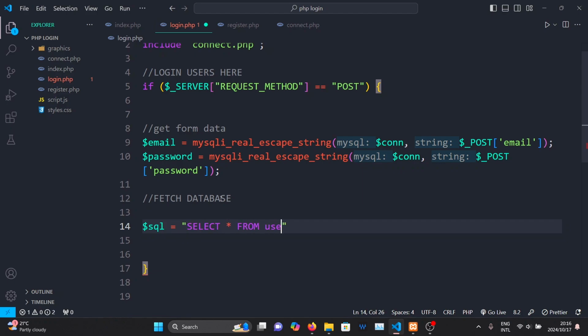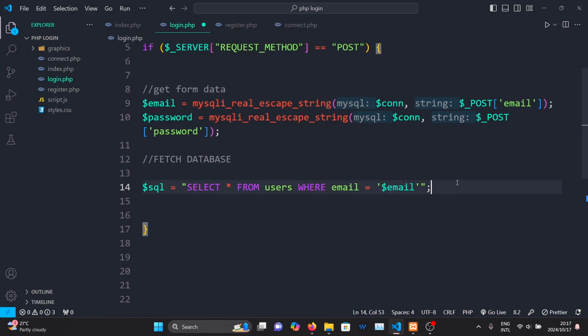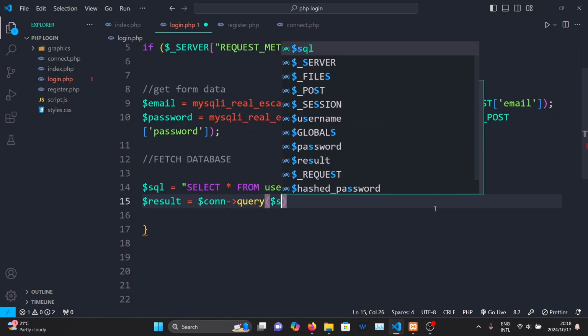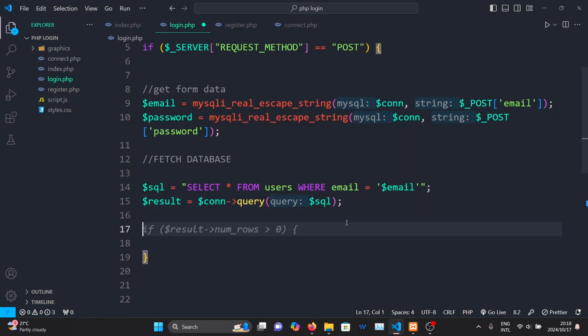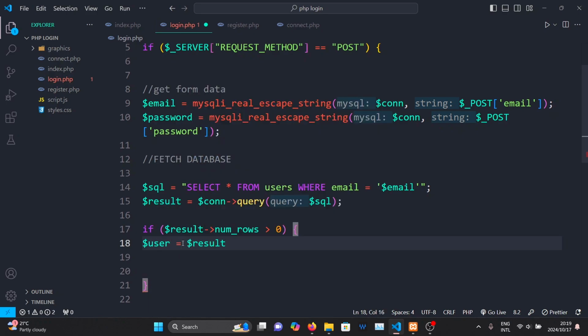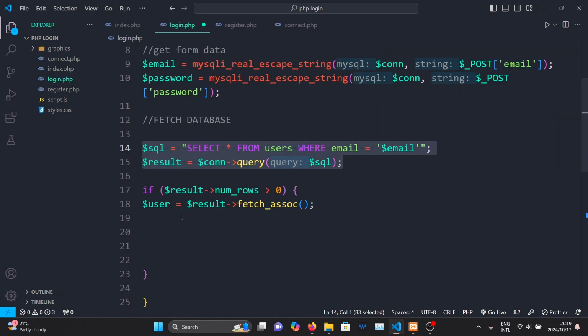We will do that using an SQL query. And if that SQL query results in more than 0 rows, we're going to define a user variable and associate it